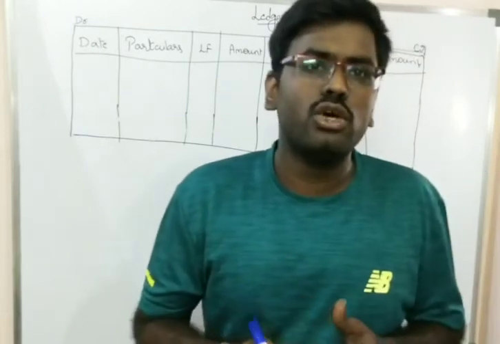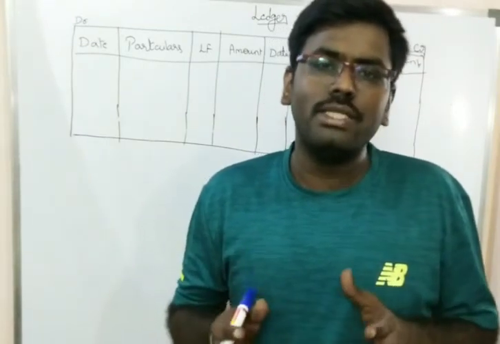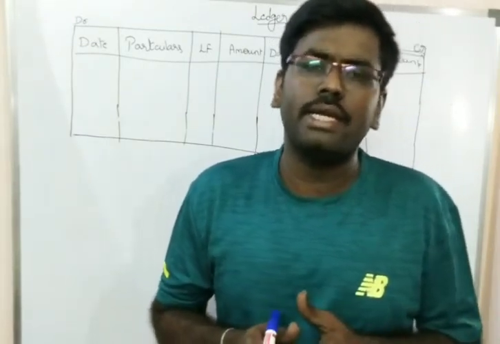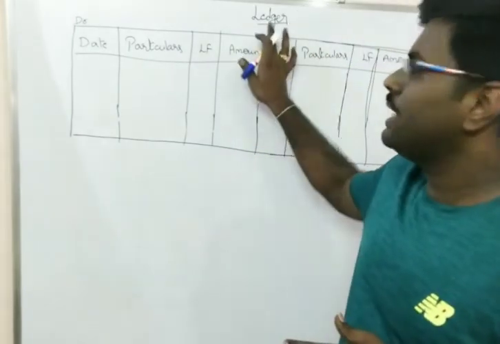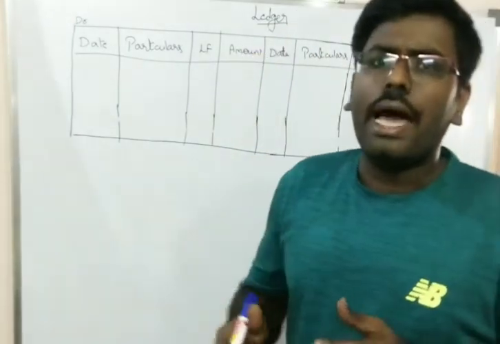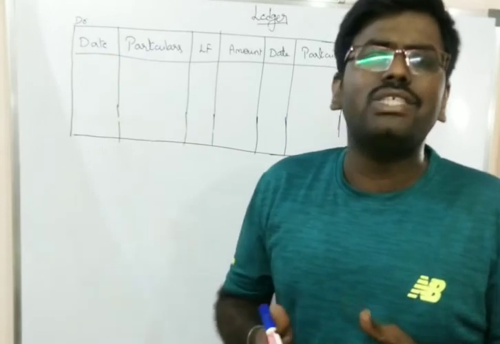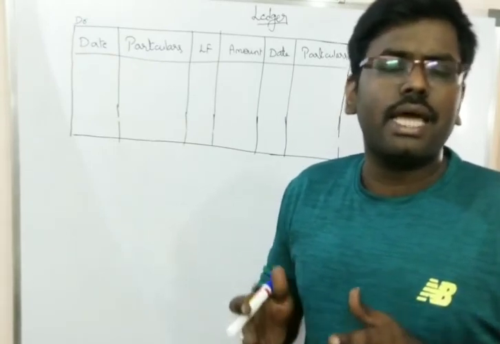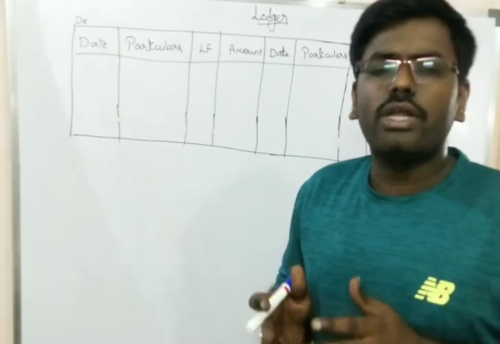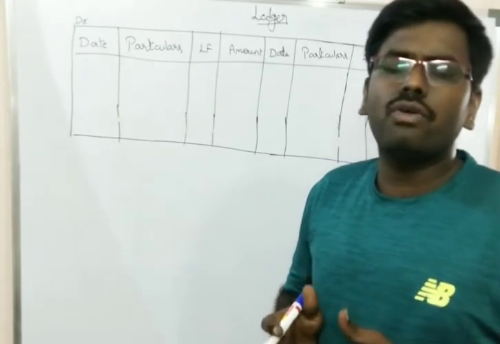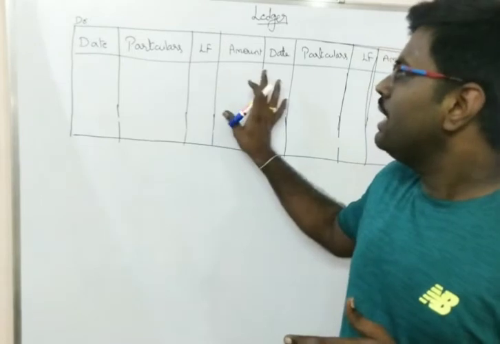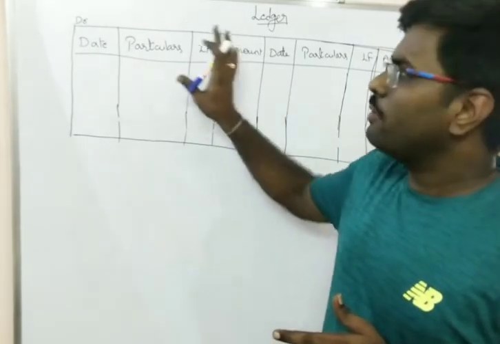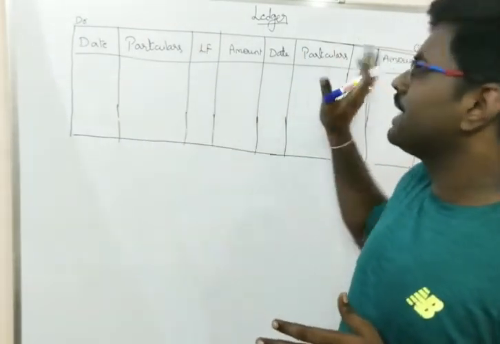In preparation of financial statements, once the journal entries have been completed, then we will go for preparing the ledger accounts. Ledger accounts indicate classification, meaning the number of accounts present under the journal entries. For each and every account we will make a separate ledger account. So we will be having a debit side as well as a credit side.